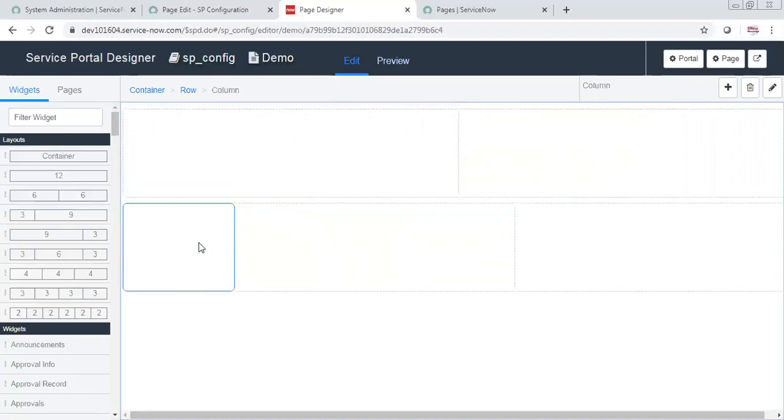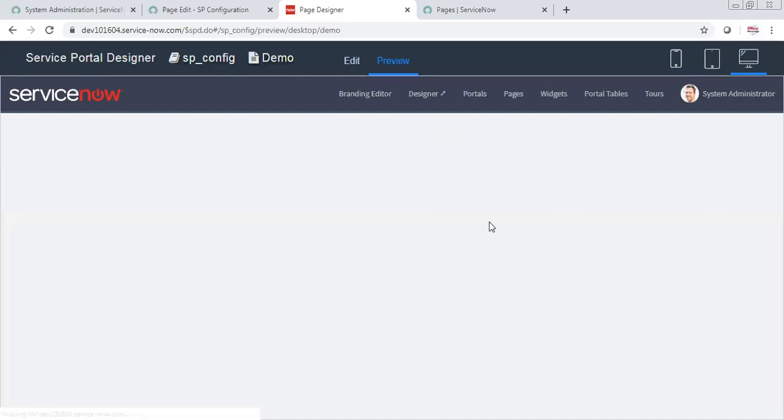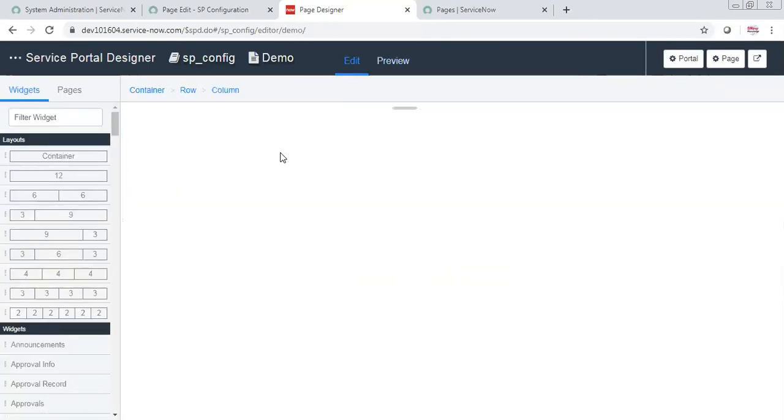If I go to this page right now and click preview from here, you can see how it is going to look. See, it's going to look like this now because you still didn't put any data. So if you go here,